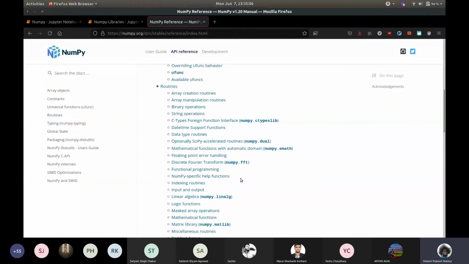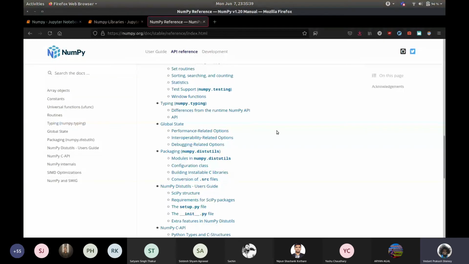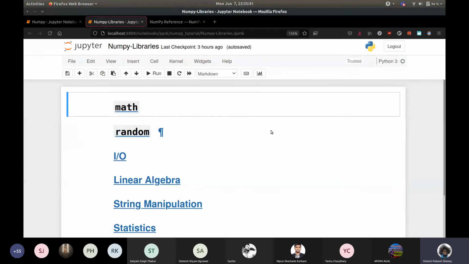Lots of things here. NumPy is full of things that will release you from writing for loops. So you will almost never have to write for loops if you're using NumPy, if you're using it properly. Obviously, there are going to be cases where you have no option but to use a for loop, but this does a lot of stuff. You also get Fourier transforms, by the way. So if you are into that, yeah, go here. So I think that's more or less it. It covers a lot of stuff that I wanted to cover.